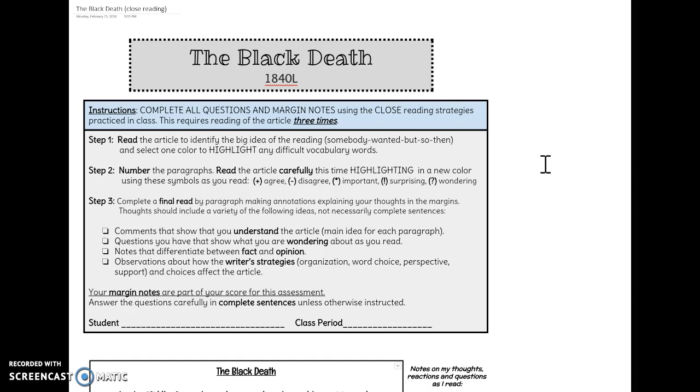We've done this before where we didn't even really need to get a dictionary out. We were able to figure it out using some context. I'm going to go through and do the first read for you. If you don't want to hear me reading it, you may stop the screencast and then go ahead and do this on your own. Okay.